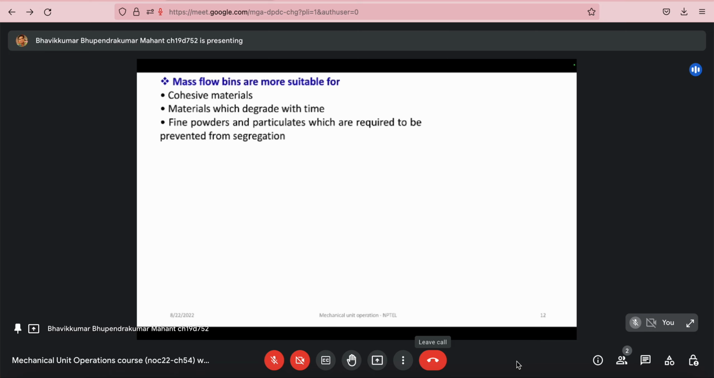Now mass flow bins are suitable for cohesive material, as we discussed that cohesive material is very difficult to transport. If you use the mass flow pattern, then it is techno-economically suitable for transporting them. Material which degrades with time, we have to use mass flow so that there is no stagnant region and they will not stay for a longer amount of time. Fine powders and particles which are required to be prevented from segregation or coagulation, then we need to go for